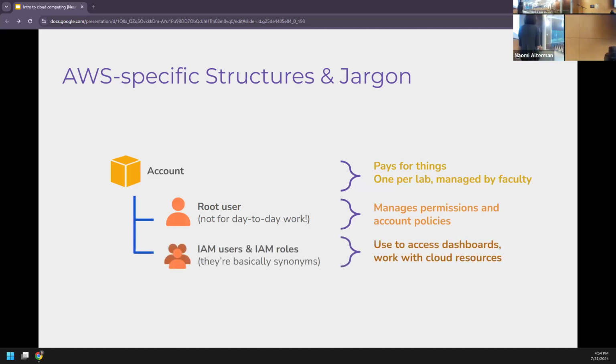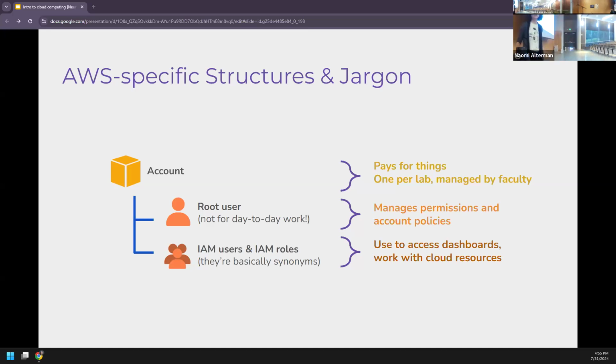And then underneath the root user are normal users. There are also these things called roles, which counterintuitively to me are the same things, but for slightly different purposes. These are what we actually log in with. So if we log into AWS, initially we only have a root user to log in with. We immediately, the first thing we do is create an IAM user and then log in using that instead, which